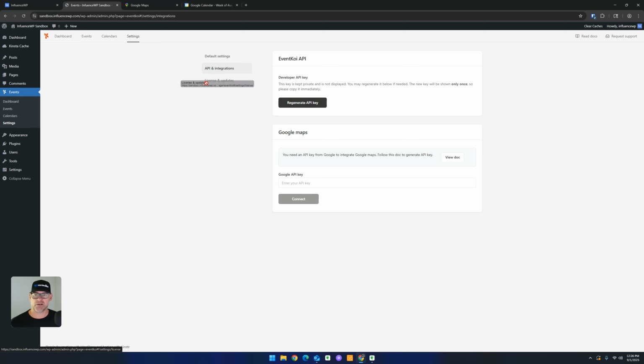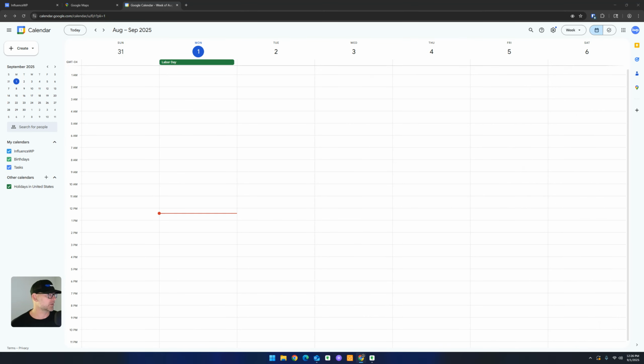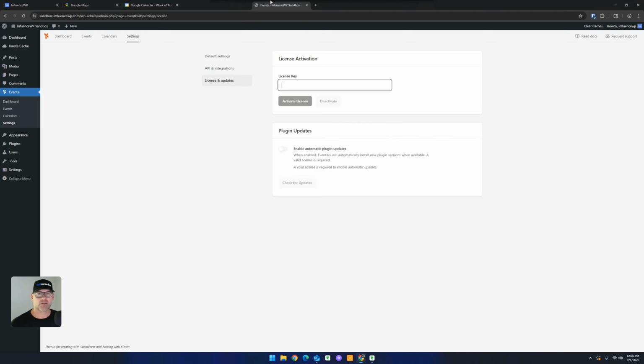Okay, let's go down here to, we'll skip license and update because I've got my license key in there. Actually, let me pull that to my other screen. I just want to make sure there's nothing in there I want to show you. I don't actually have my license key in there. So once you get your key in there and activate it, you do get the option to automatically